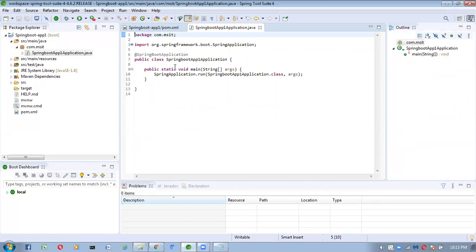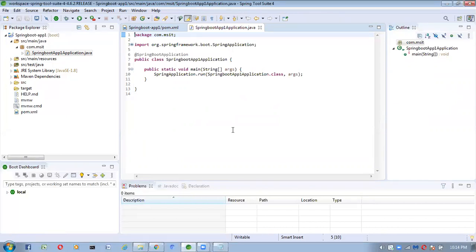Inside the SRC folder, we will get one application.java file. That is the main class for our entire Spring Boot project. By using that main class only, we can start our Spring Boot application. From this class only, we can start our project. The Spring Boot application execution will start from this class only.